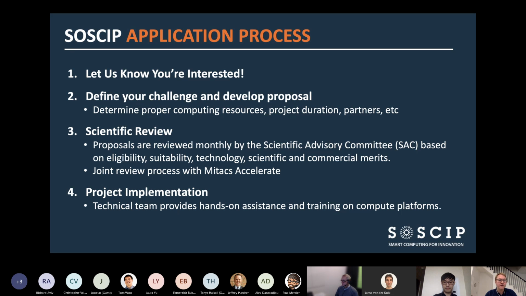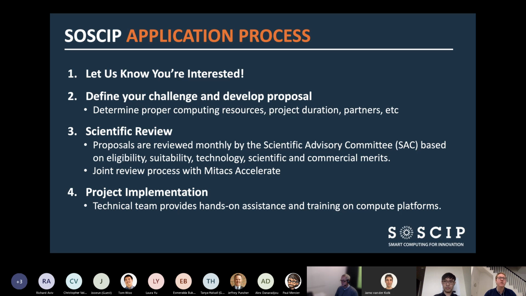And then after approvals are in place, really it's implementation. This is where you get handed over to Faye and his team, and they'll provide hands-on assistance and training to get the teams onto the platforms and get them up and running. If there are any technical challenges, they're your first point of contact and will work with you and help.